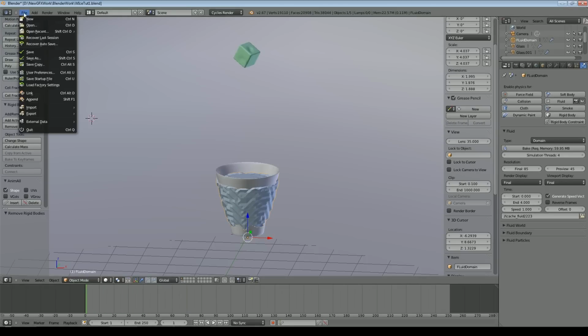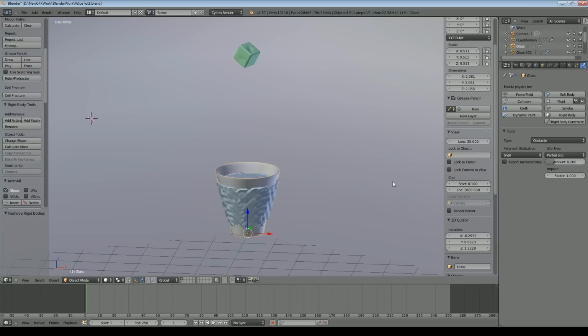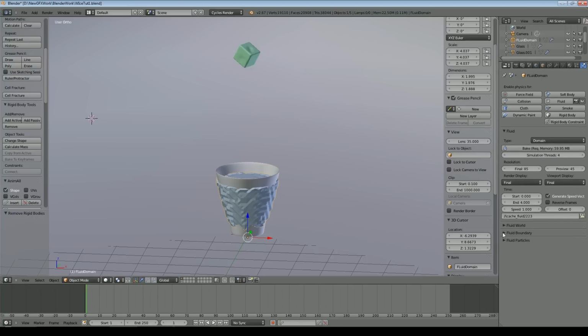So we'll save that and we'll now go back to our liquid and we'll have a look at what options we've got. So one of the things we'll do is we will generate some particles. So that's little dots and whatnot of the particles themselves, and what we'll do is we will put the resolution of the fluid up quite a bit. I'm going to stop the recording for a moment while I bake it, but we'll put this up to 125, and you'll notice the memory needed now is much higher. In fact, we'll go for 150 and we will start simulation there.